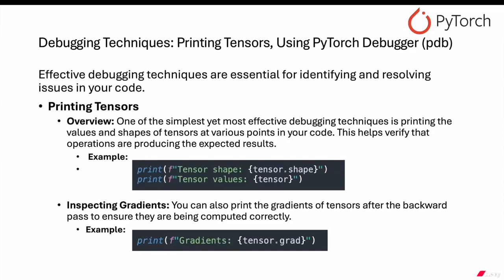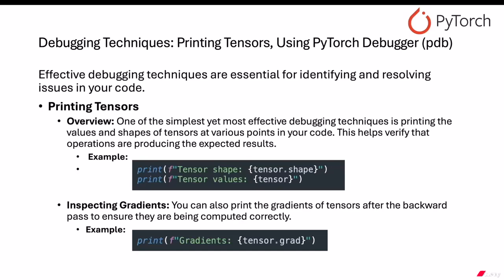Debugging techniques. Printing tensors, using the PyTorch debugger, which is PDB. Effective debugging techniques are essential for identifying and resolving issues in your code. Printing tensors. One of the simplest yet most effective debugging techniques is printing the values and shapes of tensors at various points in your code. This helps verify that operations are producing the expected results. Here is an example: print f tensor shape